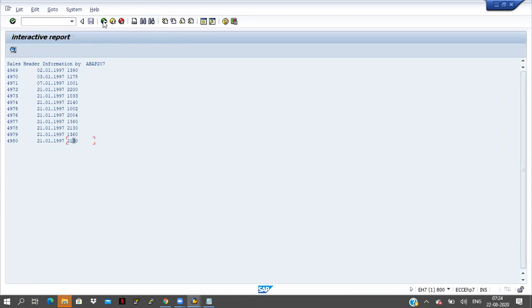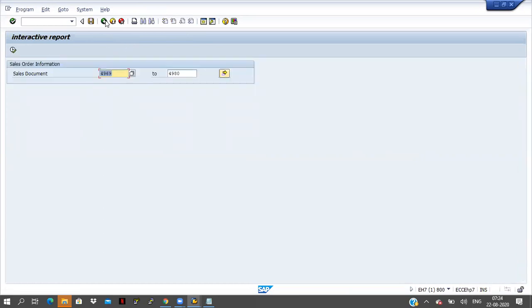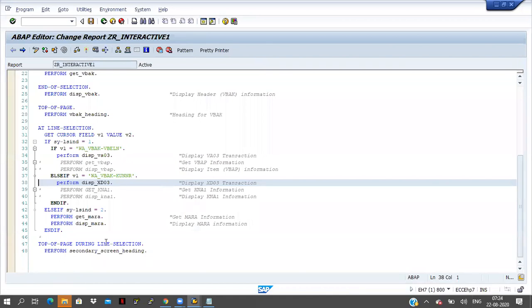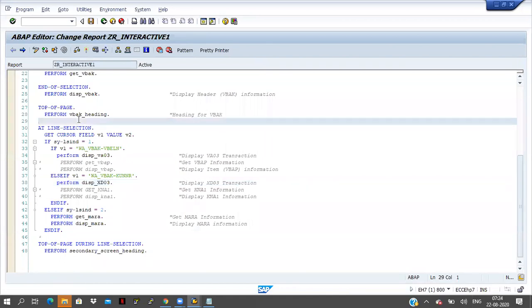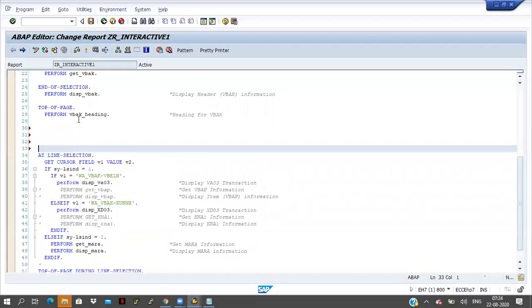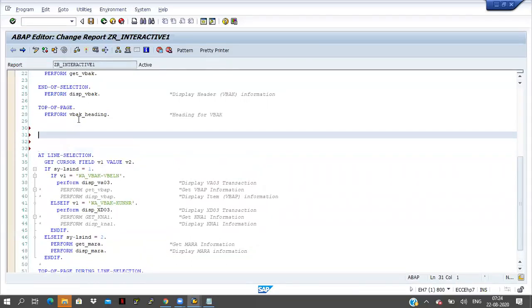Now my requirement is I have to add one button here, Download. If I click on the download button, I want to download all this data into a notepad. So how is it possible? If you want to add any button, there is one event: set PF status.